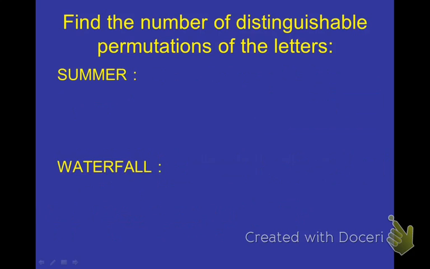Here's 2 problems for you getting down to the very end here. Go ahead, pause this, see if you can solve these. Alright, coming back here. Find the number of distinguishable permutations of the letters. Well, summer, how many letters are there? 2, 4, 6. So 6 factorial goes on the top. What's repeated? M is repeated twice, so 2 factorial goes on the bottom. I'd go ahead and solve that, and you should have come up with